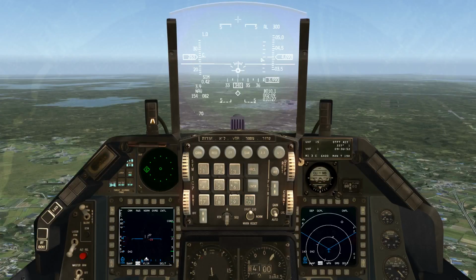This video is about establishing and maintaining a visual glide slope in BMS 4.33. Information is current as of update 2. We are on final, 10 miles from Pyeongtaek Airport inbound. We're at 4,000 feet, and I have placed a steer point diamond on the end of the runway just as